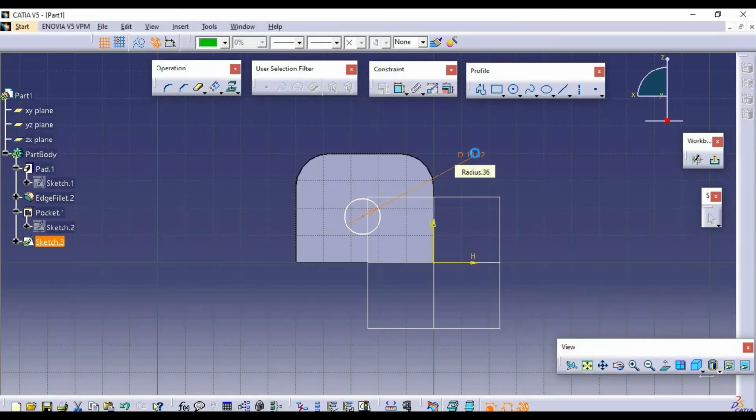So again take the dimension and align your circle from bottom and from side.